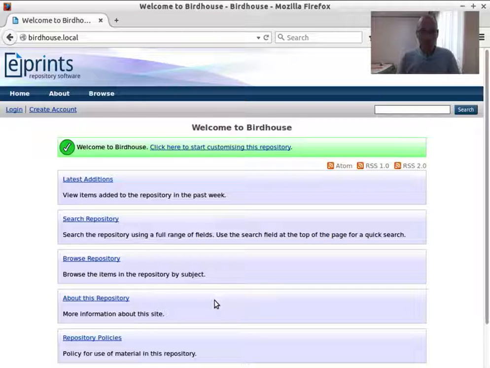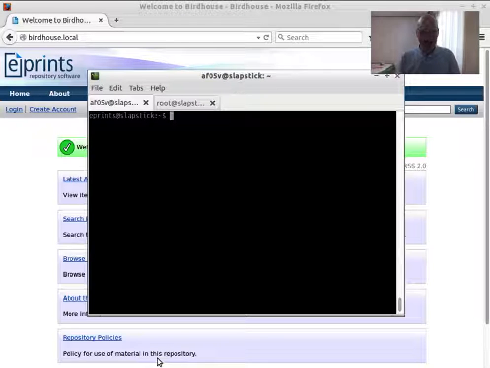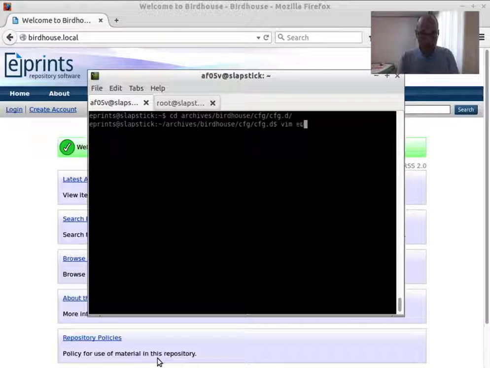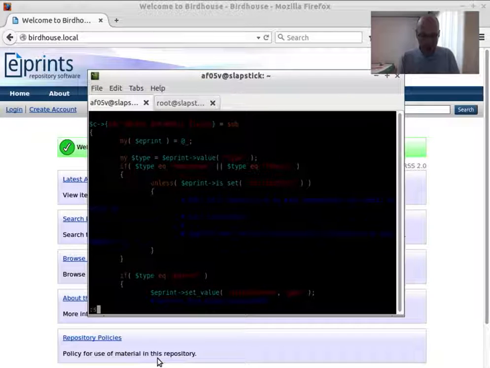Today we're going to be looking at automatic fields in EPrints. And where is this set? When an EPrint, or actually any data object, is saved to the database, a function is called which gives you the opportunity to configure automatic values to be created in the EPrint. The configuration file we need for an object of EPrint type is EPrint fields automatic,